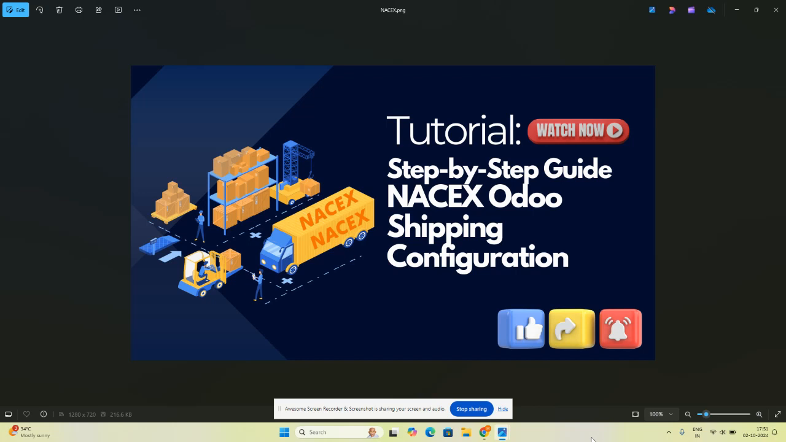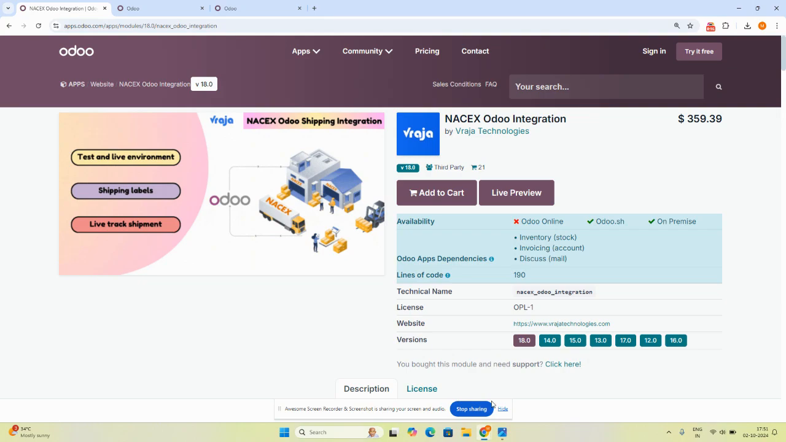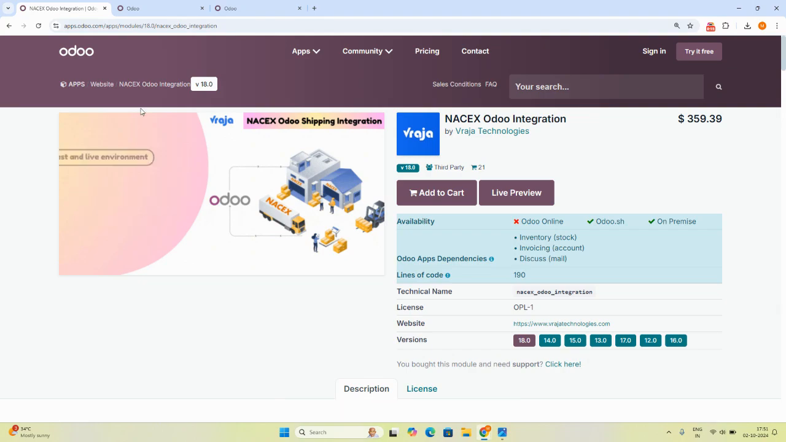Today we will see the tutorial on Nacex Odoo Shipping Integration. This module works in test and production environment. In this video we will see company and shipping level configurations. So let's get started. As this application is downloaded from the Odoo App Store, first of all we will see